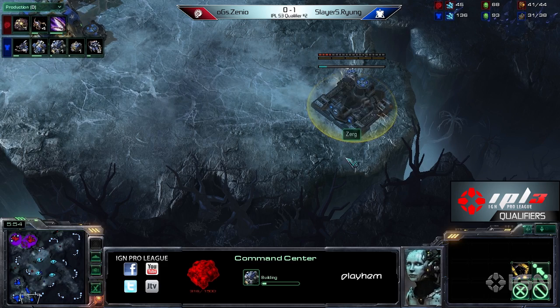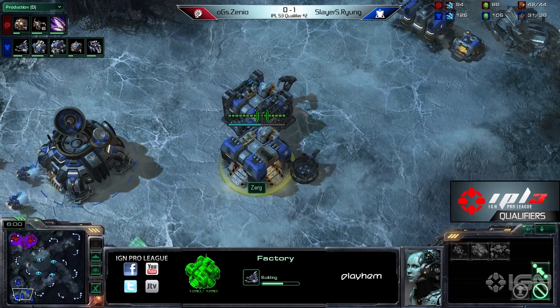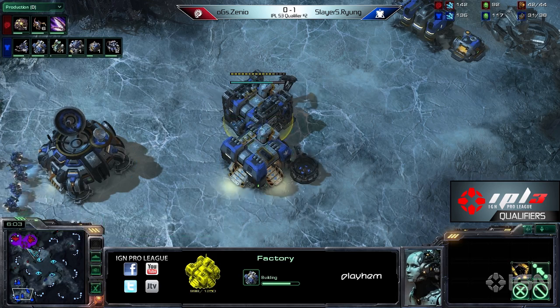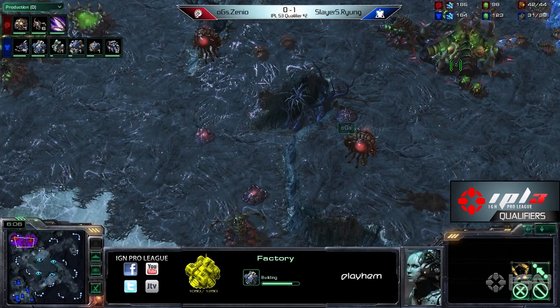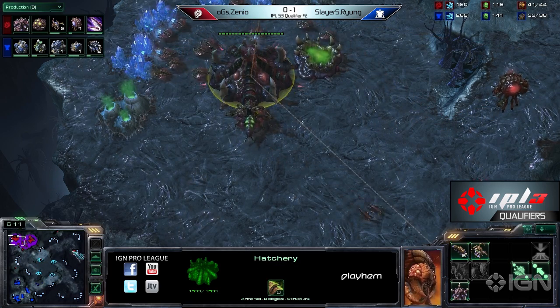That's a quick 3rd coming out of him as well. So Ryung going right to a super quick 3rd CC. He's going to pressure behind Blue Flame Hellions and secure that expansion. And at this stage in the game, I think that's going to work out really, really well for him. Yeah, I mean, he's just...